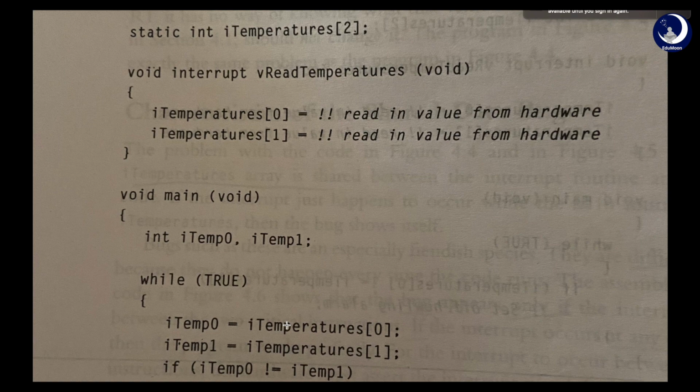Say it set I temp 0 to 60. Now some interrupt has occurred, and both I temp 0 and I temp 1 have changed to 61, and both values are written into these temperatures. I temp 0 has 61, and I temp 1 also has 61.